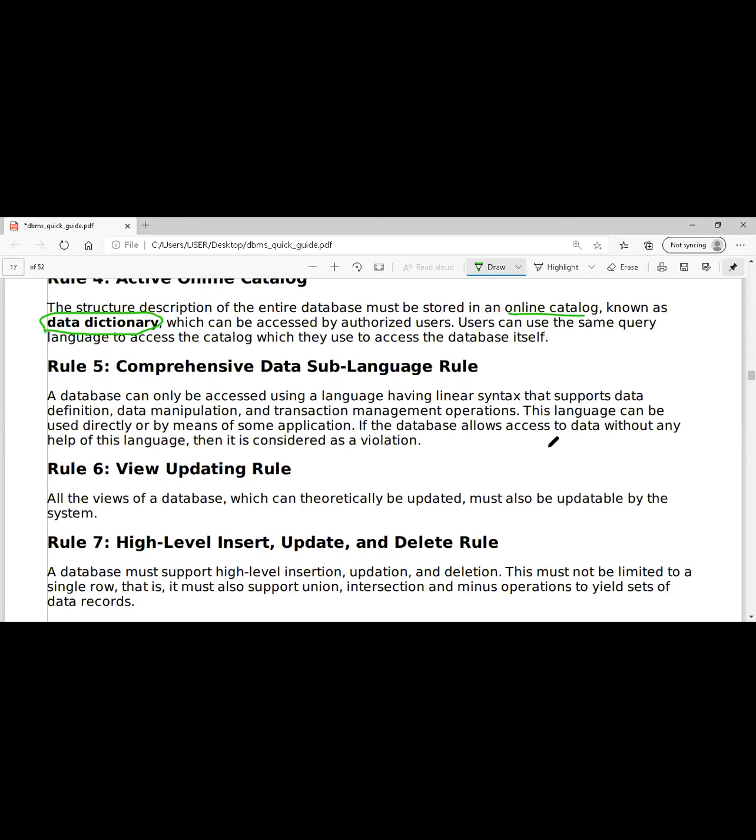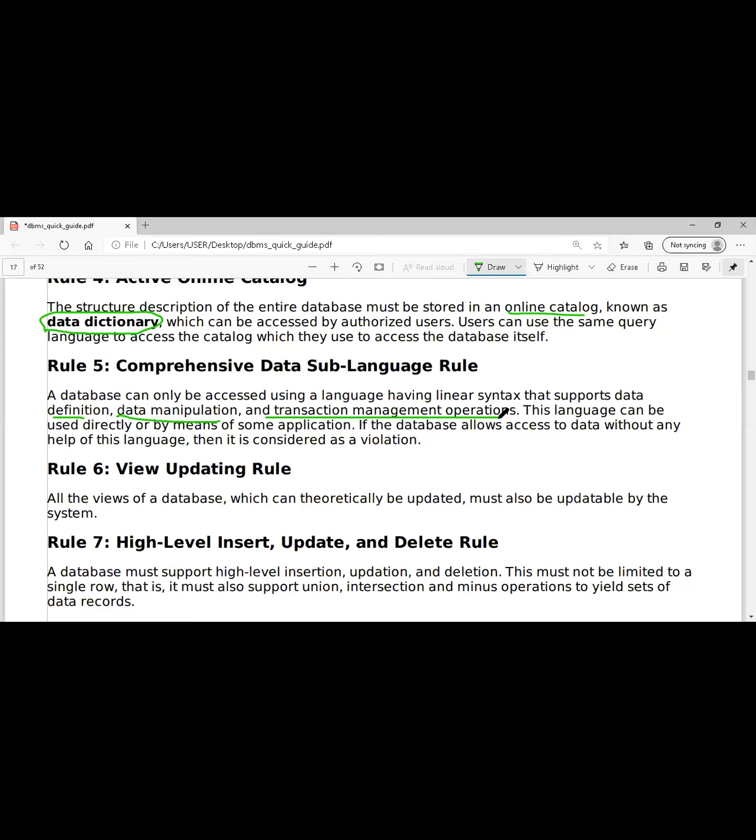Say MySQL, in which you have SQL commands. These will do operations such as data definition, data manipulation, and data transactions. For this we have special languages that we work with, by which data is accessed, manipulated, or stored in the database. I cannot use any other languages for such things. Whichever language or software you are using, it should have these kinds of features.